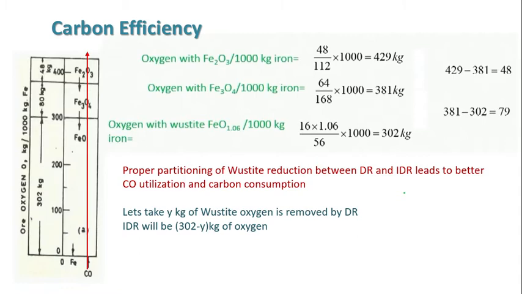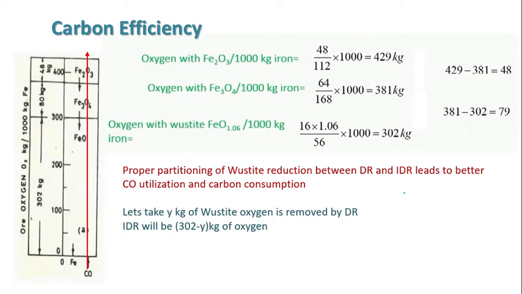The iron oxide it encounters first is the wustite, because we know that at the top part of the blast furnace, Fe2O3 to Fe3O4 and Fe3O4 to FeO reduction can take place. So to improve or optimize the CO utilization, carbon monoxide utilization, the carbon monoxide generated during the direct reduction of FeO should be just sufficient to take out the rest of the oxygen from the ore via indirect reduction.